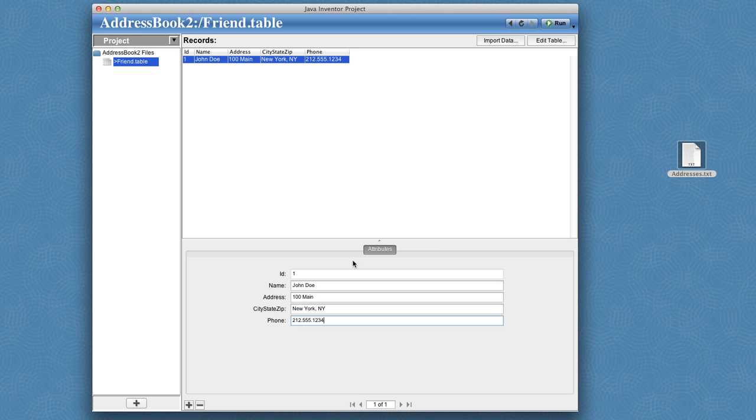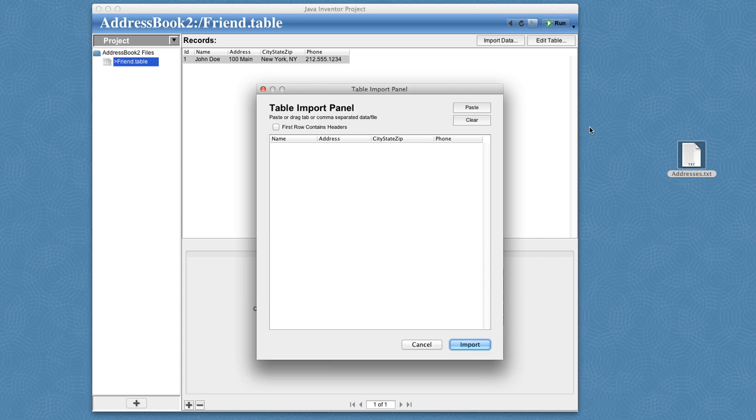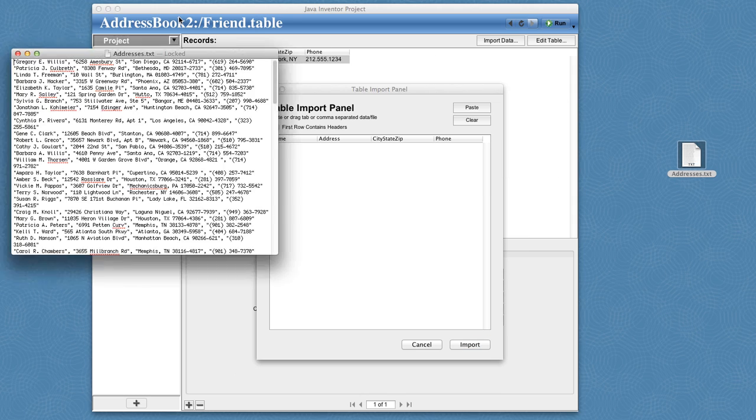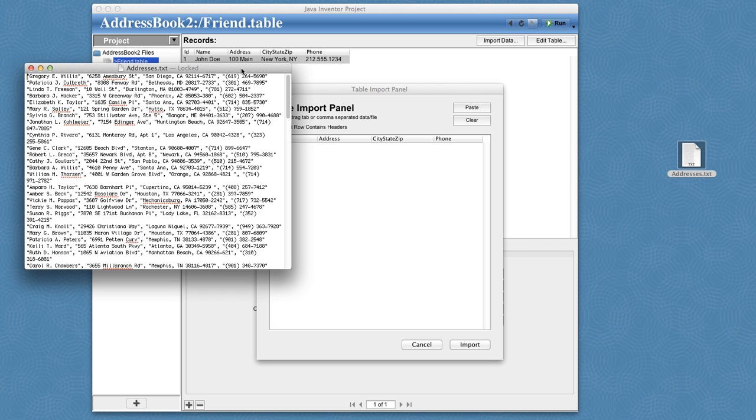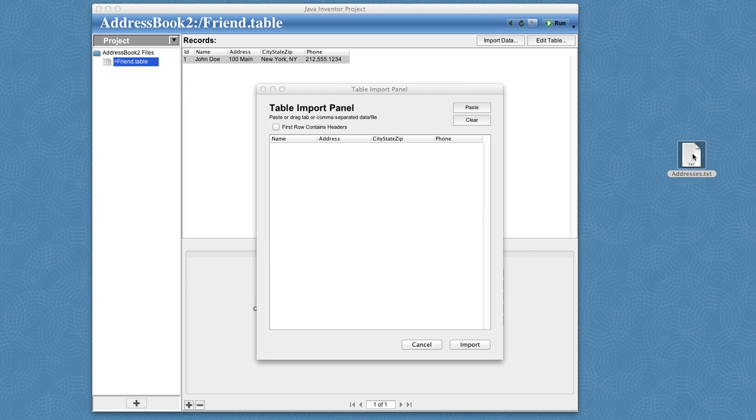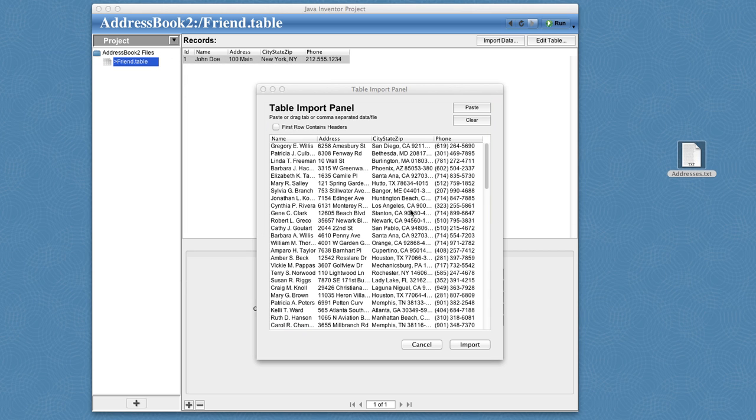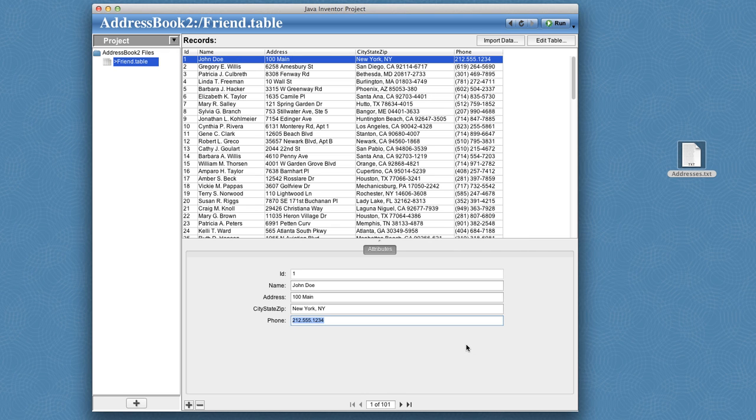And then I can also bring in data from a spreadsheet or a tab delimited file by clicking Import Data. And this brings up the import panel. Then I can take my data, I can copy and paste it in, or I can just drag and drop that file into the import panel. And after I approve it, I click Import, and this imports all the data from my tab delimited file into